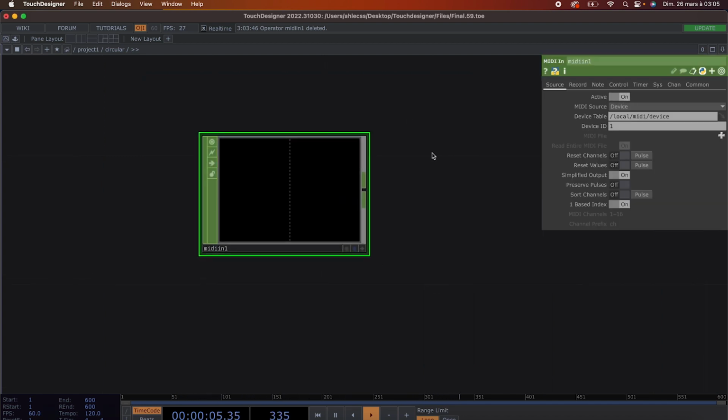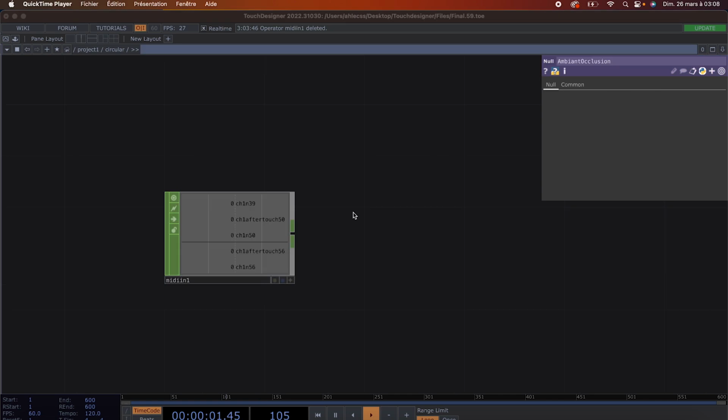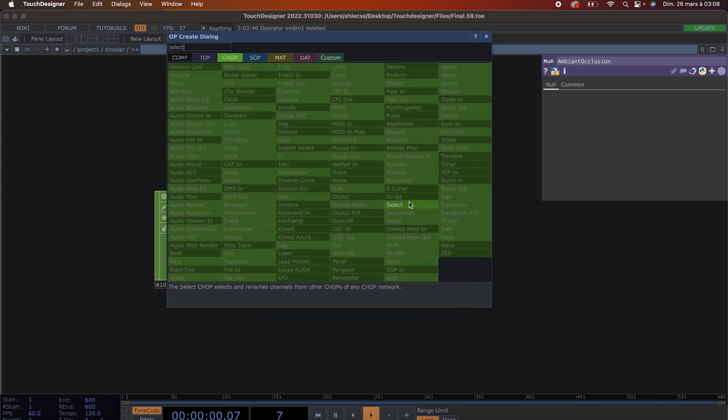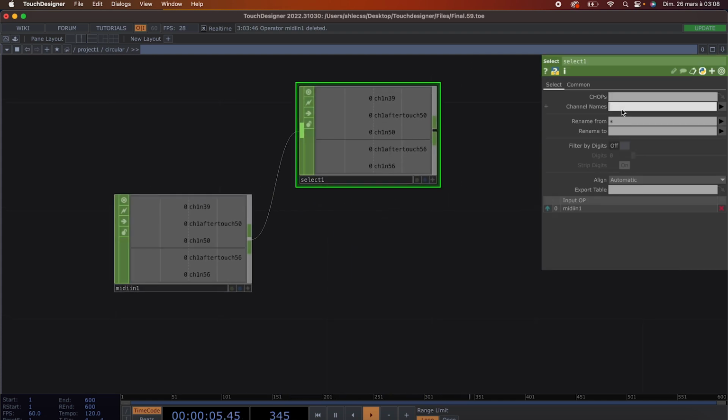It should be active, and once you will be hitting something, like for example my snare, I see a channel with a value. If I hit the crash, for example, I see another one. In my case, I have multiple channels, but I want to select each one of them individually, so I will just click on the select chop and take the first one, which is the snare, and rename it from its name to snare. So now when I hit it,